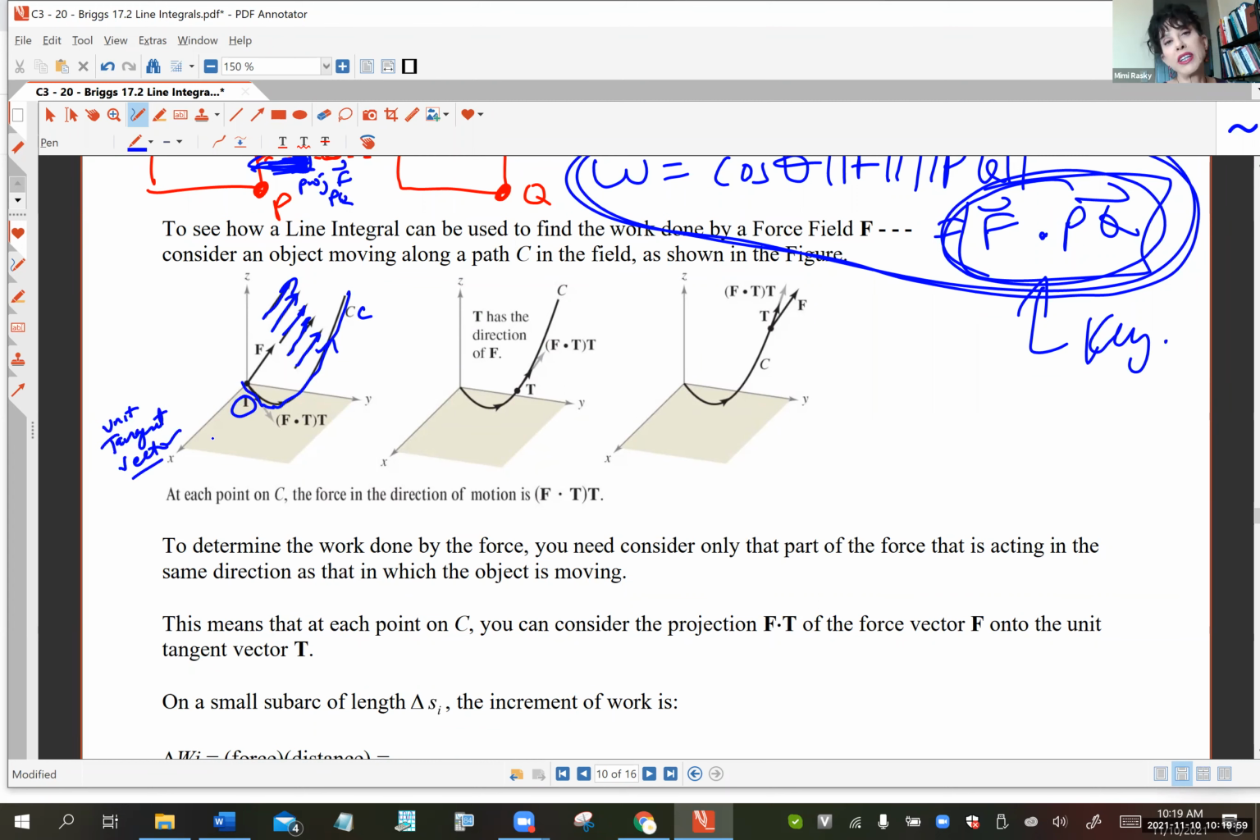So remember, big T is the unitized velocity vector for the vector valued function representing the curve. And you know that the vector T is always going to be tangent to your curve. So you could draw a bunch of T's along here as the curve swirls around. And it turns out that these force vectors from your vector field, you want to project them onto the unit